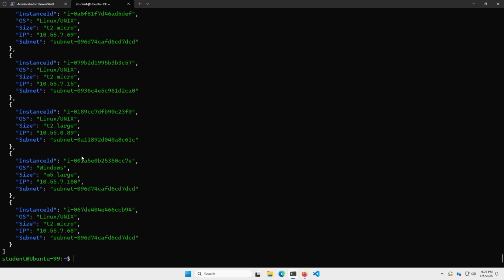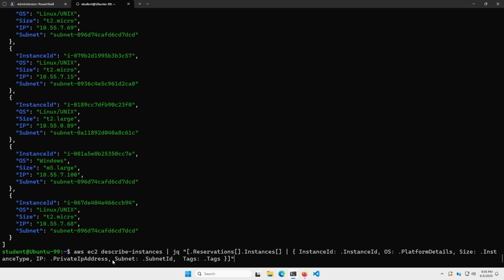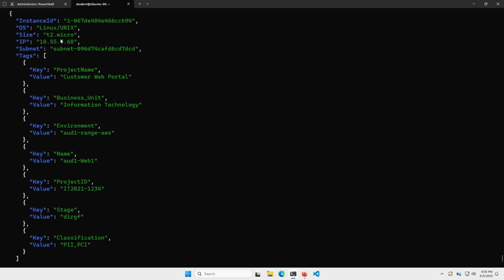So I might be able to just export this directly to a CSV, and that would be my EC2 instance information. But I did mention that we might want to consider tags as well. So if the tagging policy is something that you're interested in, you might add the tags into the information that you're retrieving. We'll get the same data for each of the VMs, but now we also can see the tags